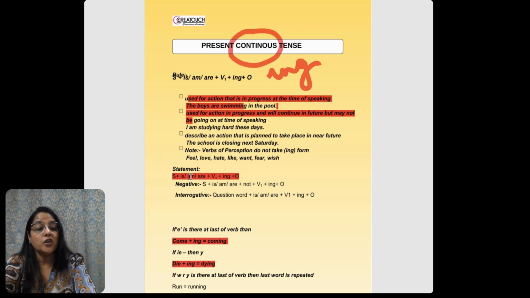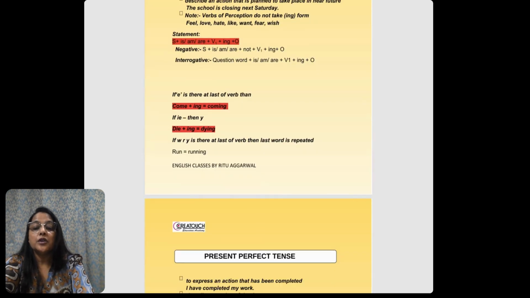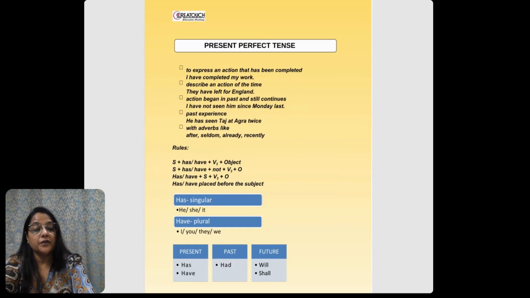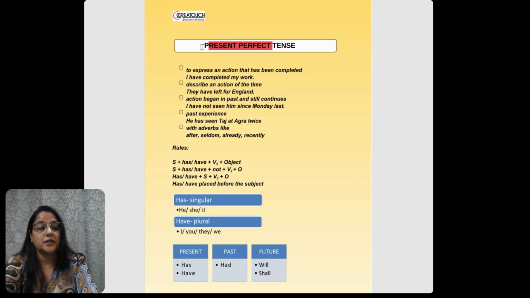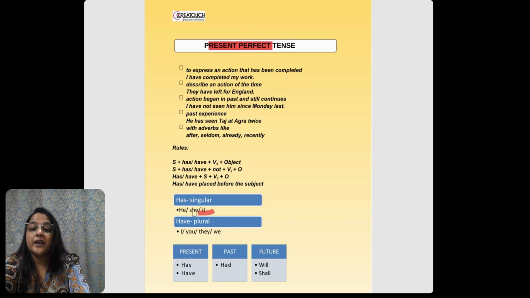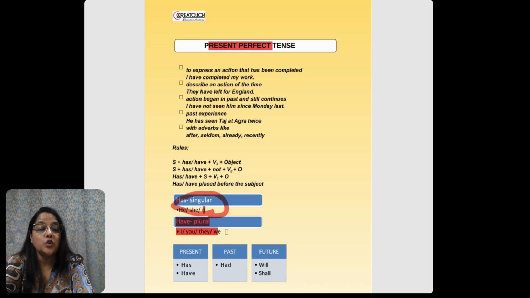So depending on what your subject is, you will have to see what the subject is and write about the tense. Now the most important form of the verb, the perfect tense. What is a perfect tense? How is the tense perfect? If you see the chart, has is used with singular, he, she, it, which is very important. You should all know where it is used. And have is used with the plural, I, you, we, they. Have is always used with I, you, we, and they.